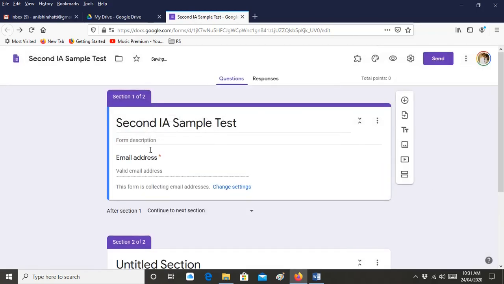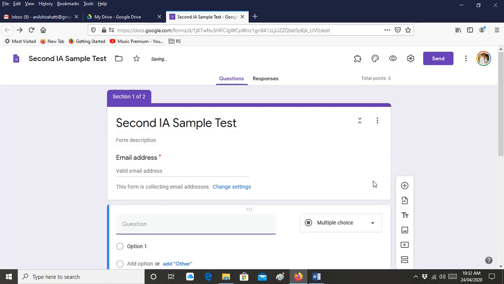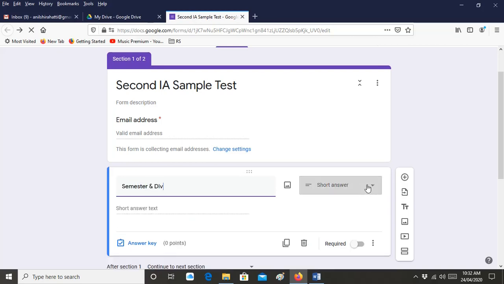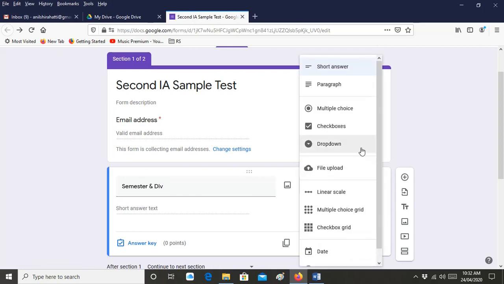And then press save. So you can see in section 1 you got the email address by default. Okay, so in this section only I have to click, and I want to add a few more parameters. Let's say additionally I want to collect some more data from the student. So I am collecting, first, the student has to enter the email ID and then select his semester and division. So that one I will make as a drop down.